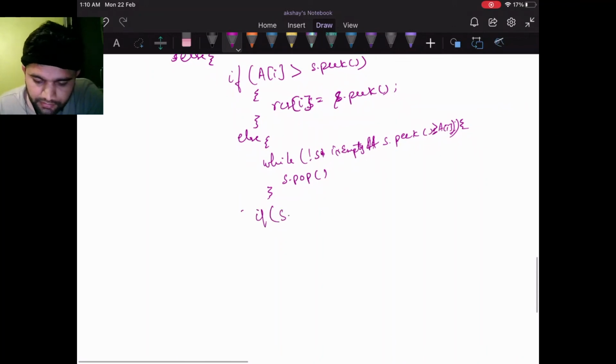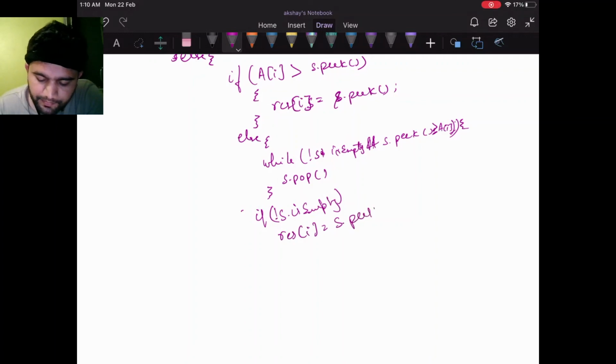Now after all this we can check if s is not empty. We can simply write result[i] is equal to s.peek, else my stack is empty, that is, we are out of bounds, so result[i] would be -1.